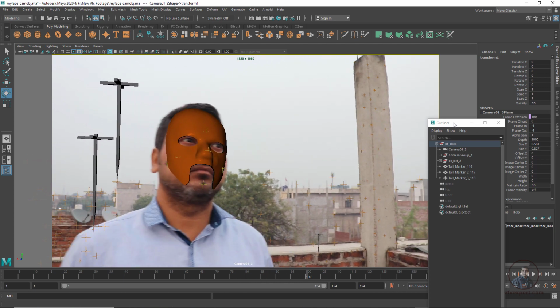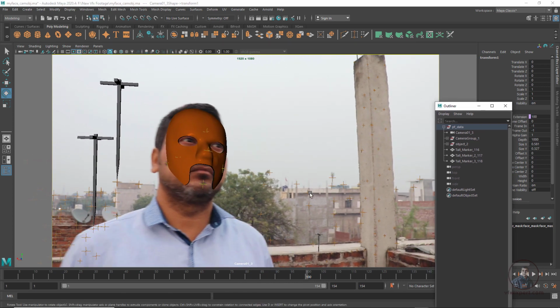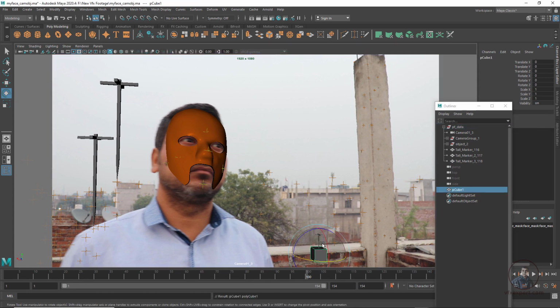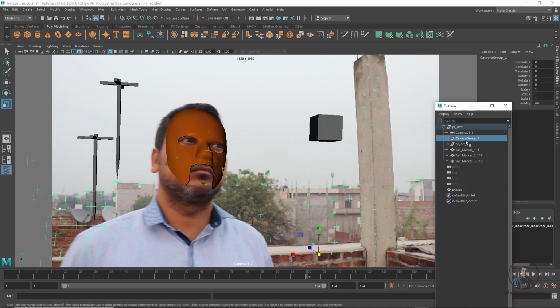And suppose you want to place any model or object into our camera group, then easily you can create it, just for testing purpose. So I have created this one, then press W and place it here, maybe D and V, snap it here. Because this object I want to place in our camera group, or I want it to follow our camera, we can simply snap it into any of these camera group locators here.